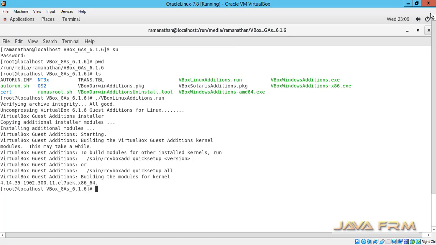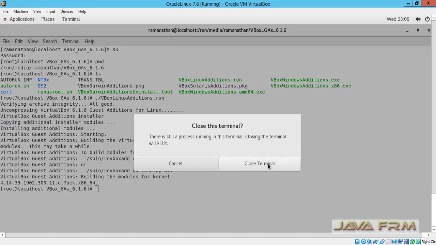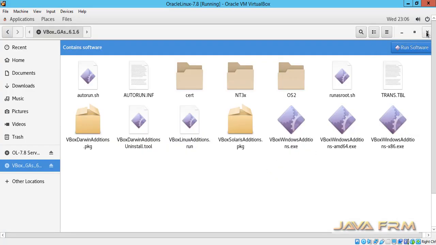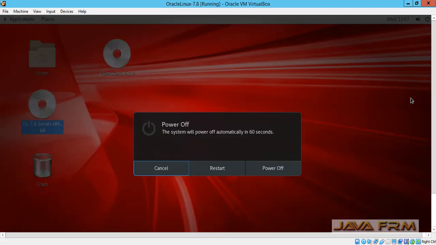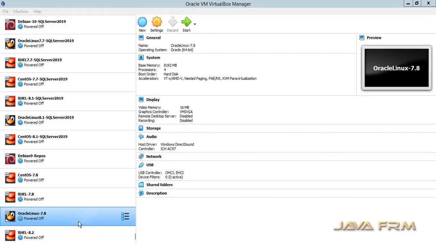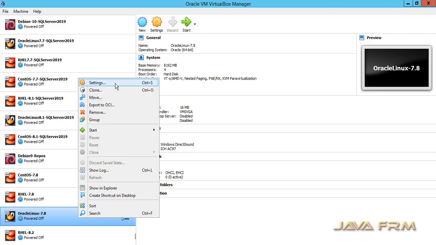Now I am going to power off this virtual machine and modify the settings.